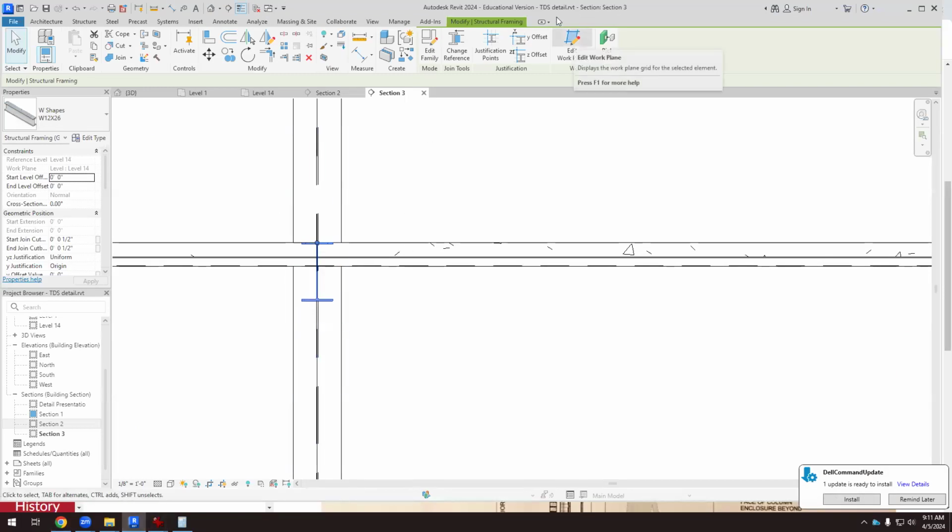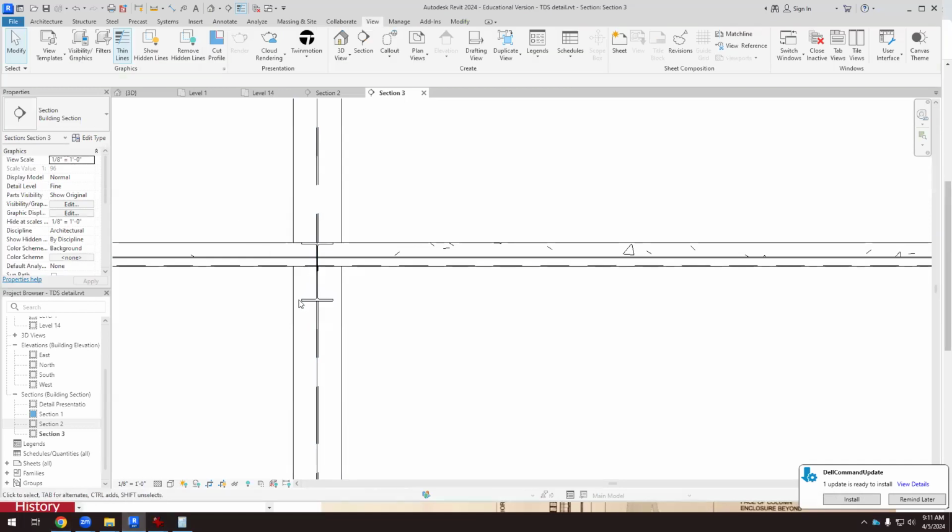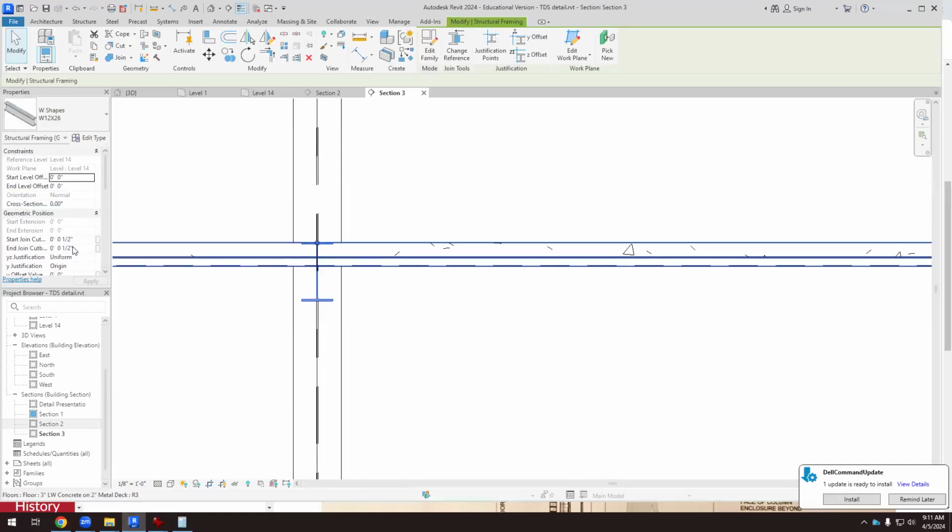It's not about editing the work plane. We're on level 14. We can have a level, but we can, if we select the beam, we can do this with the start level offset and the end level offset. So if we go -5 with the start level and -5 with the end level,